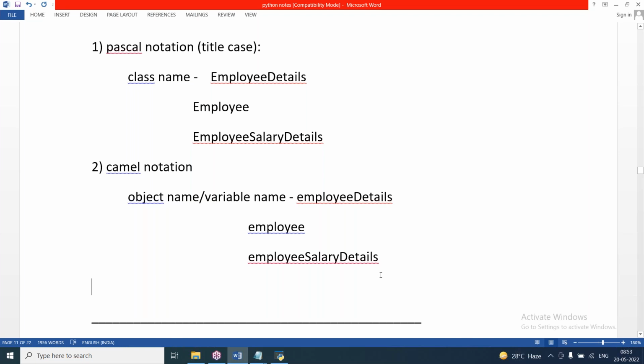In Java, .NET and Python, while giving class names and object names, and while giving variables and functions in the class,